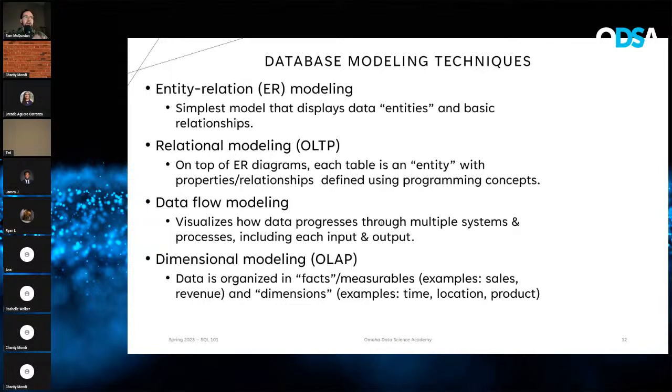But OLTP databases, if we continue to store less data or refer to other tables, that's when we can start to offload a lot of the table size onto other like relational tables. So we'll get into some examples here in the next slides, but to give you an idea of the different